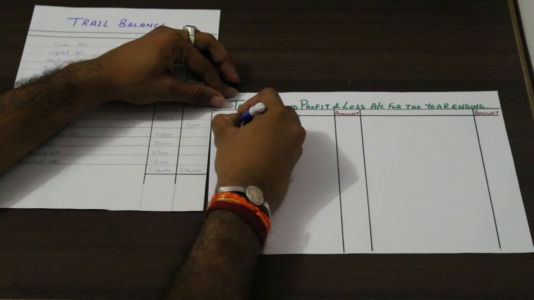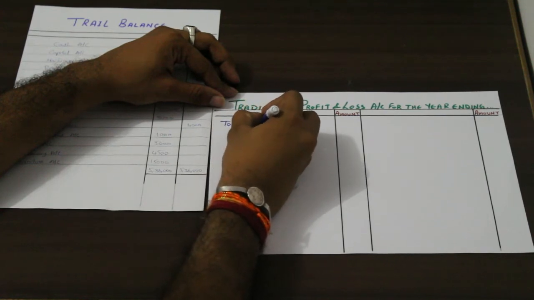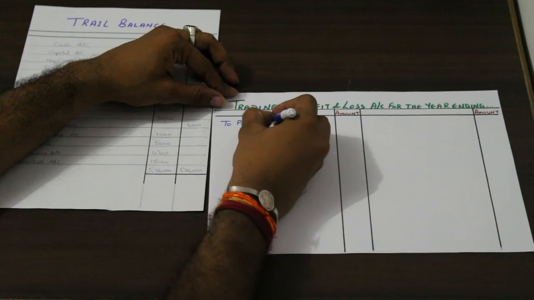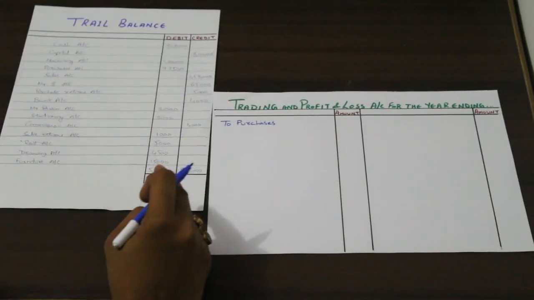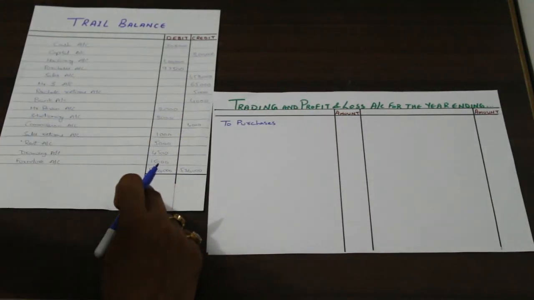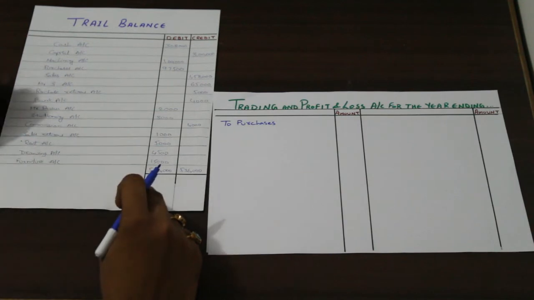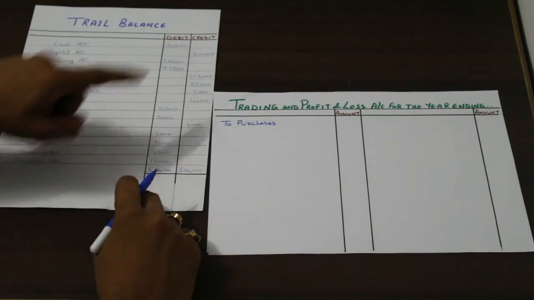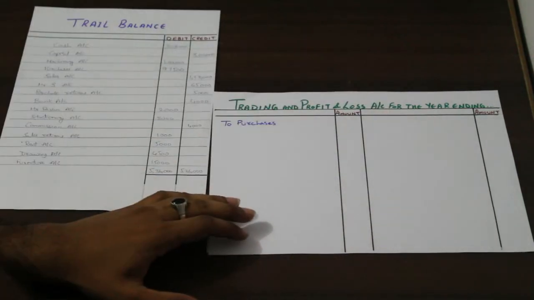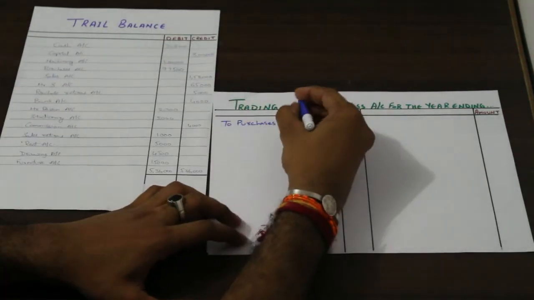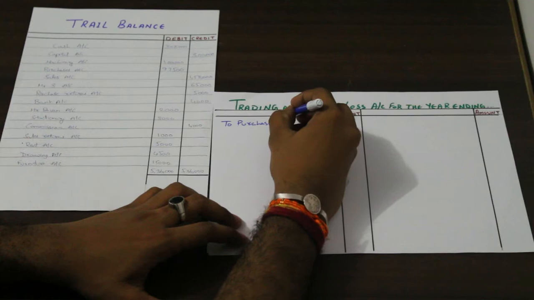To purchases, and the amount is 97,500, and we have to check whether we have any purchase returns. Yes, we have purchase returns of 5,000. So don't write the amount directly into the amount column. Write the amount in the inner column as